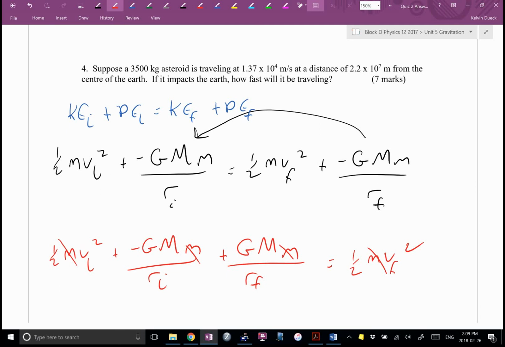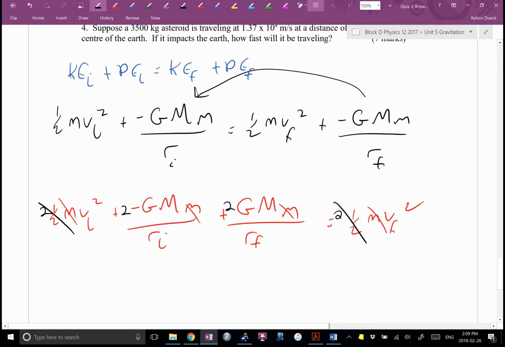I'm going to multiply that by 2, by 2, by 2, by 2. There, that cancels. So I'm going to get V initial